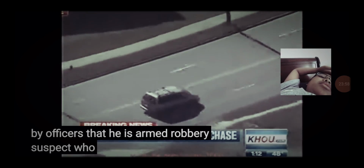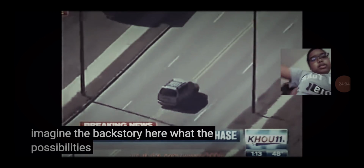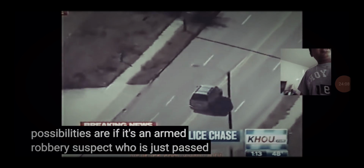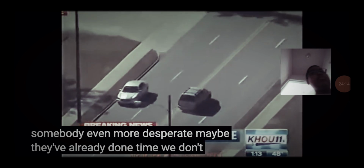Robbery suspect who has been running from police for almost an hour now. And you can only imagine the backstory here, what the possibilities are. If it's an armed robbery suspect who is just past Old Spanish Trail, by the way, could be somebody even more desperate. Maybe they've already done time, we don't know. But it creates a circumstance where it looks like even...